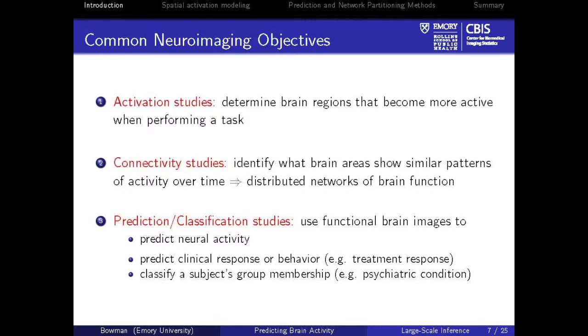And then connectivity studies that Brian talked some about, you try to identify what brain areas show similar patterns of activity over time. And this is more sort of driving at networks. You're trying to identify networks in the brain that seem to work in synergy somehow when you're either at rest or involved in a task. And then lastly, again, Brian talked about this, prediction and classification is emerging as a very important area in the field, with, I think, promise for potential clinical applications if many of the methods prove valuable.